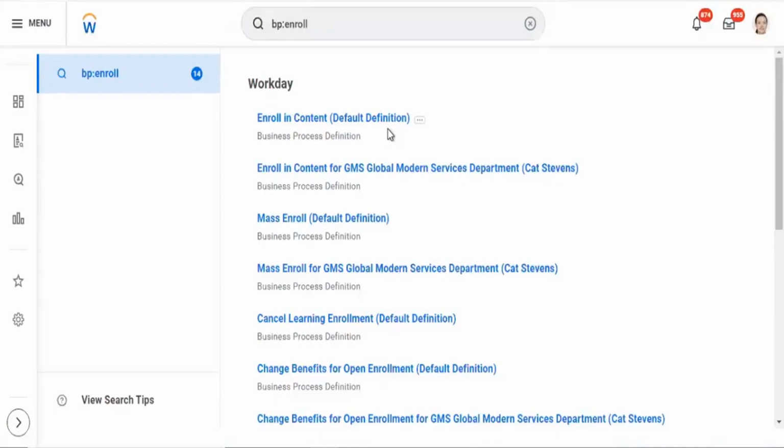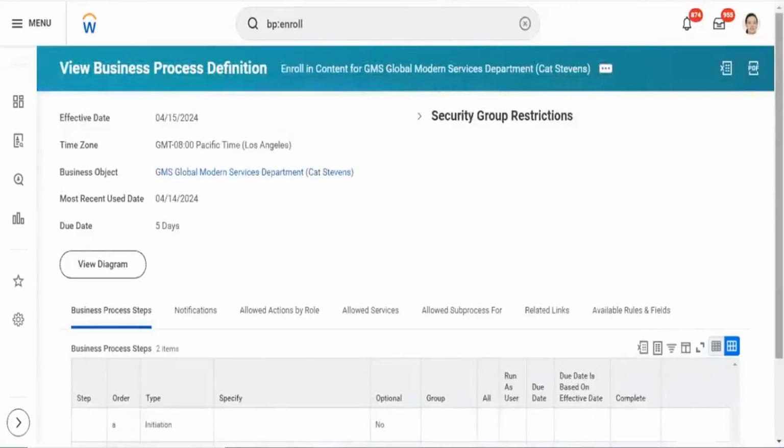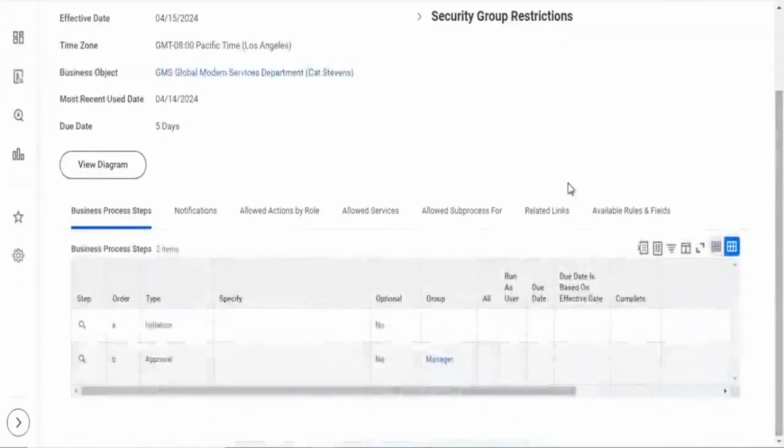Now, what we have done yesterday is, this is also a copy of our business process, which is working in this tenant. We added an approval step to this one. When an employee tries to enroll in this course, I can show you practically.